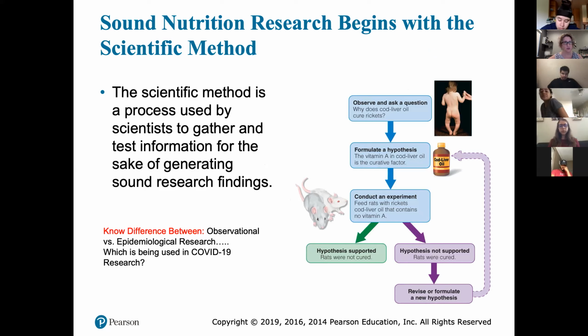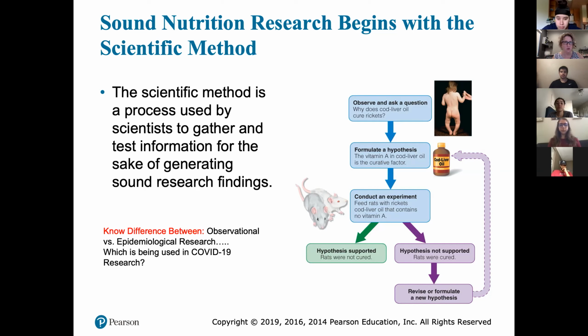So I want you to just familiarize yourself with this. In this particular case, the book was talking about rickets. This is bow-leggedness. If you know someone who's bow-legged, it is because they have rickets. That's the diagnosis. But what we had to find out is what was causing rickets. So they formulated a hypothesis: when we would give them cod liver oil, the rickets disappeared. So something in the cod liver oil is helping them.